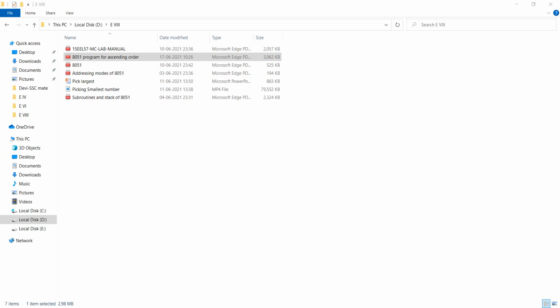Then 20 to 2F, 16 locations, are reserved for single bit addresses. Then 30 to 7F locations are reserved for the scratchpad memory.